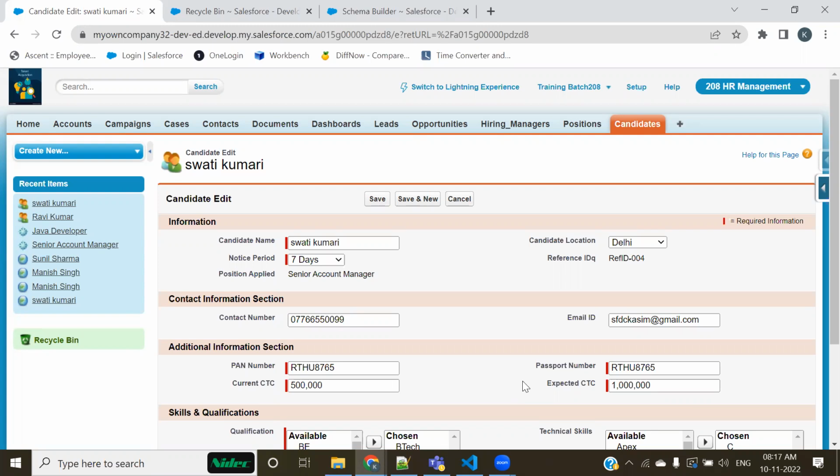Now point number 3, implementation of cascade deletion. For some reasons, if you want that along with parents, children should also get deleted. For example, there's a product and price book, which are standard objects.